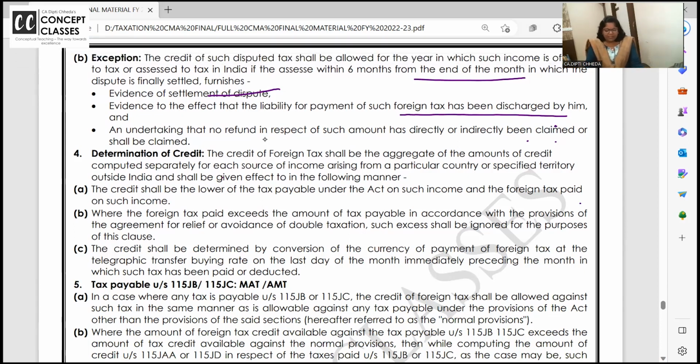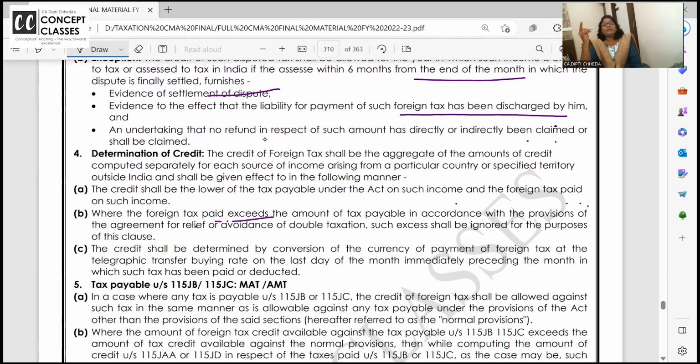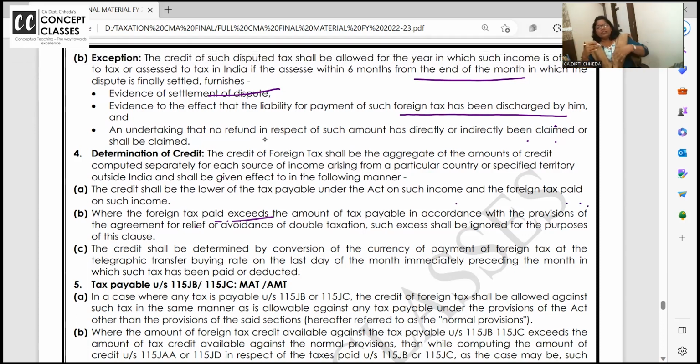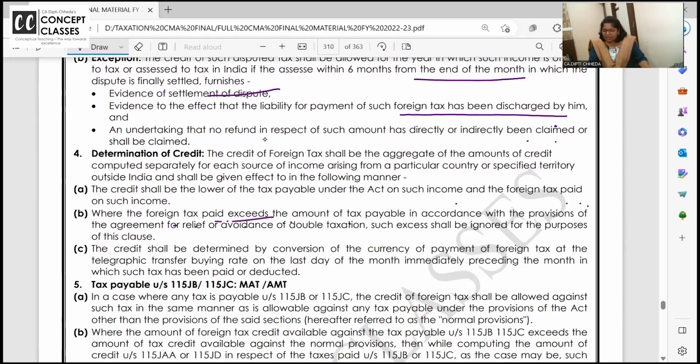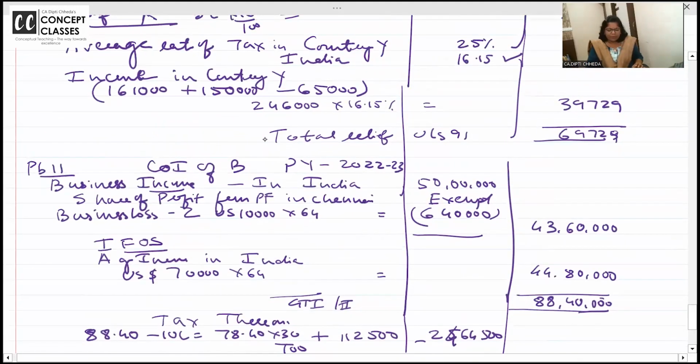Credit shall be the lower of tax payable under the act on such income and foreign tax paid, whichever is lower. Where foreign tax exceeds, you remember one problem, where foreign tax credit zyada tha, to will you get a refund? Where foreign tax credit exceeds the amount of the tax, such excess shall be ignored. I really want to go and show you so that you remember. I think it was problem number,